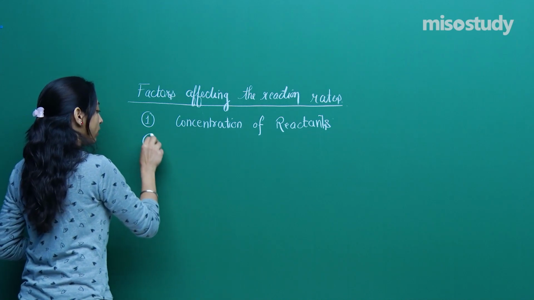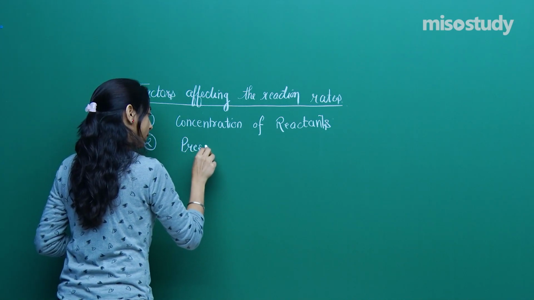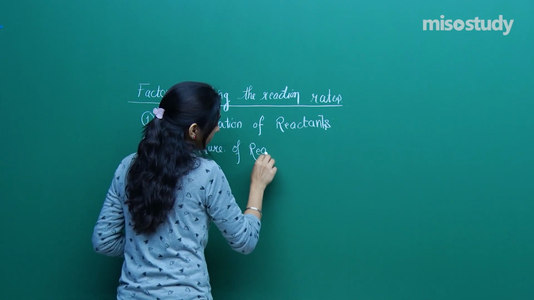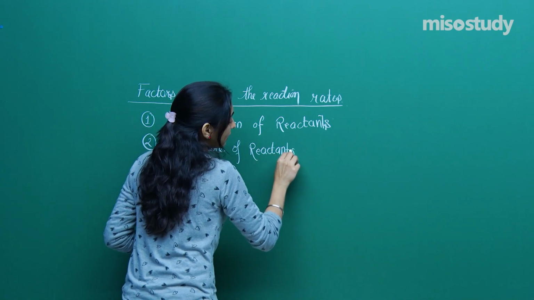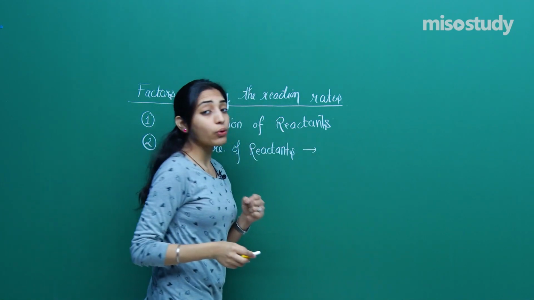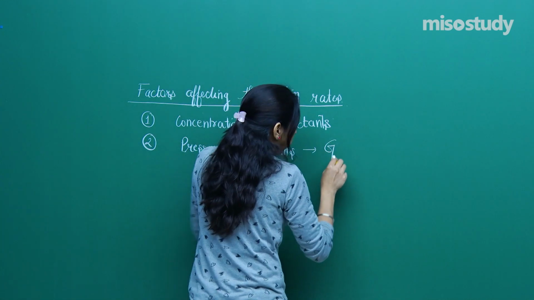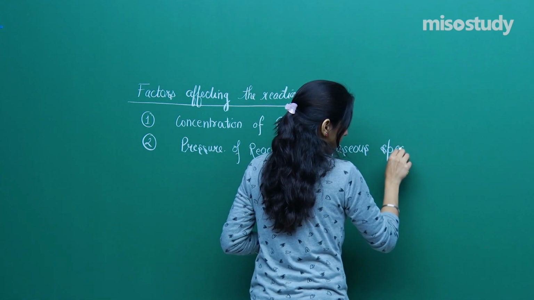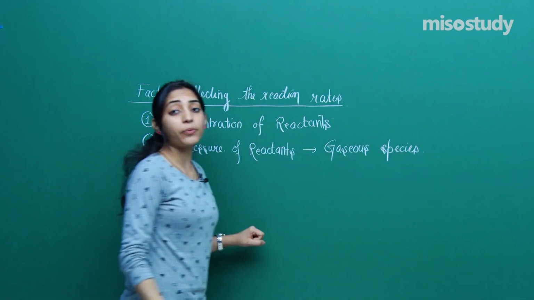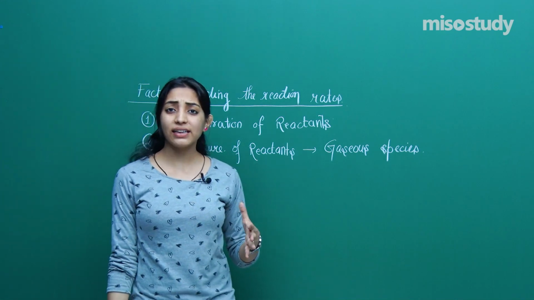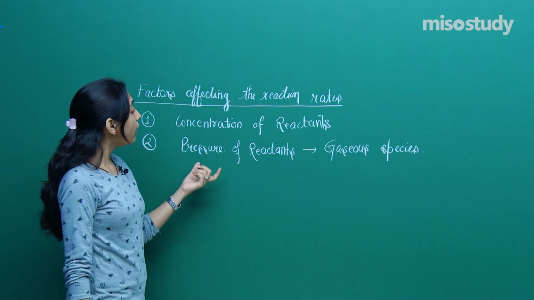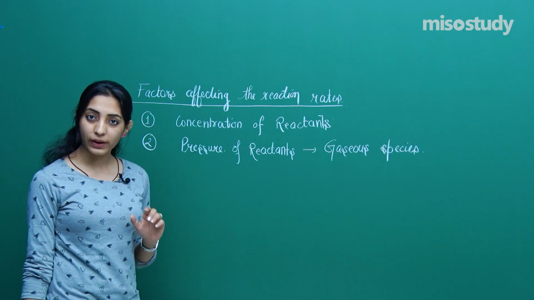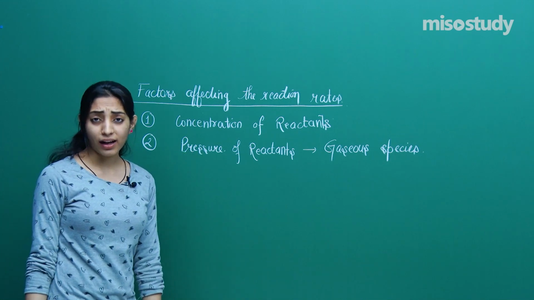Then we moved on to the pressure. So again, this was the pressure of reactants, but I told you this is basically useful only for the reactions which involve gaseous species. Because solids and liquids are incompressible, they cannot be compressed, so pressure as such is not going to have a very important role when we are talking about the rates of reactions having only solid or liquid phases, right? So we had done the detailed discussion in our last class.